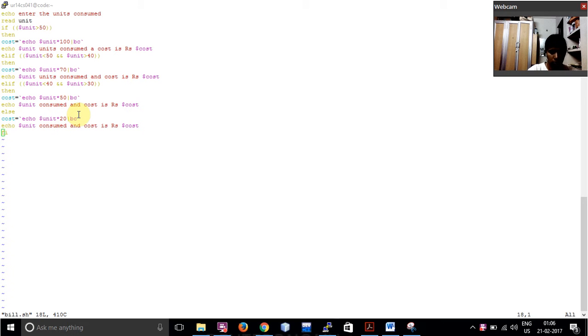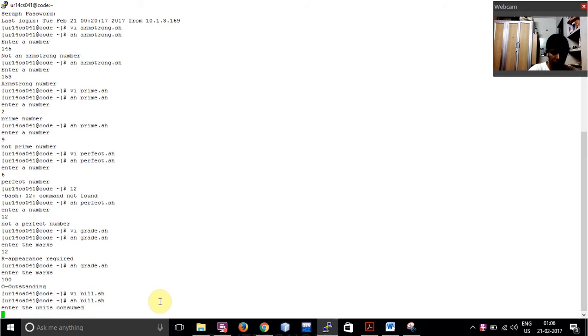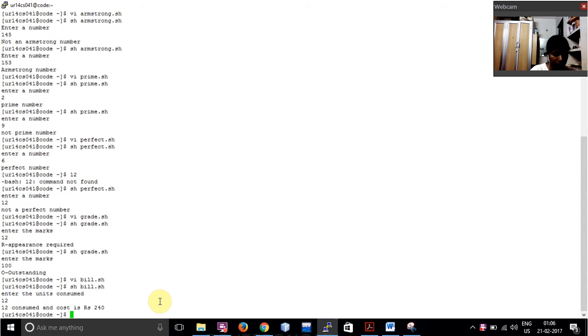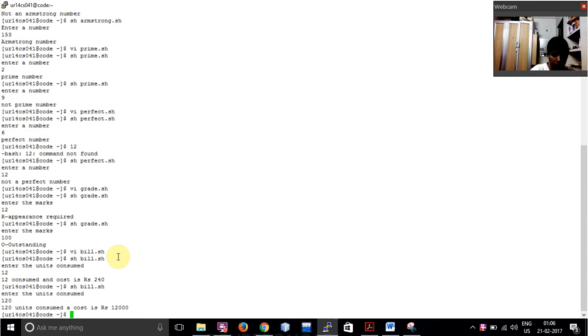So when I compile my code, let me enter it as 12. So we can see that 12 is the units consumed and its cost is 240. The same way, if we go for a higher one, maybe let me go for 120, then it shows that the cost has been increased because this comes under the category of more than 50, so it has been multiplied into 100. Now for my next program,